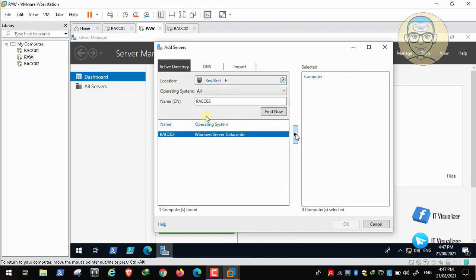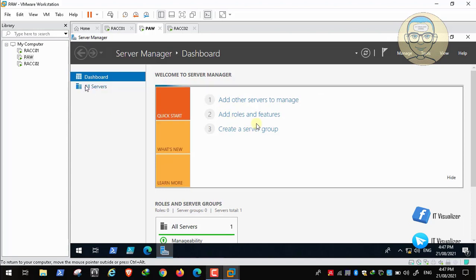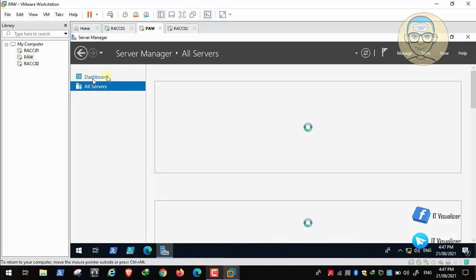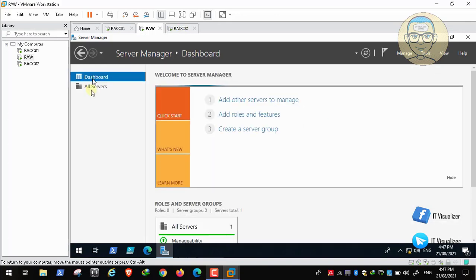So once we add it, we can do whatever we like. First, the workstation, or the server manager, will initialize a connection to the server. Okay, so if we go to all servers now, not the dashboard, so we go to all servers,